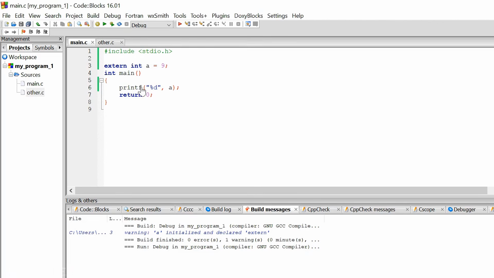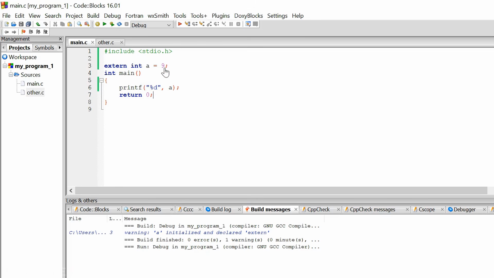Now here I change the code a little bit and change this to again extern variable. When an extern variable is initialized, then memory for this variable is allocated, and this is the catch. Usually when we write extern int a, memory is not allocated, it is just a declaration. But when an extern variable is initialized, then memory for this variable is allocated and it will be considered defined.